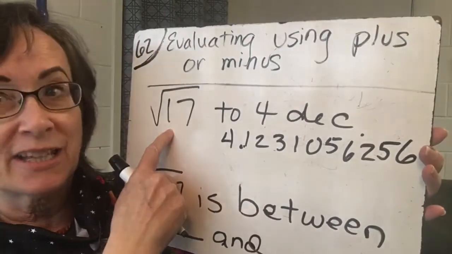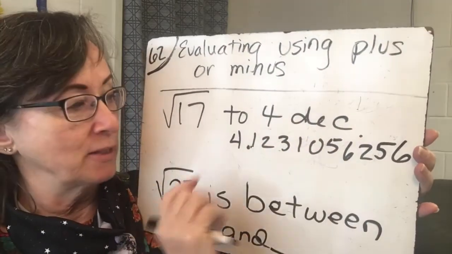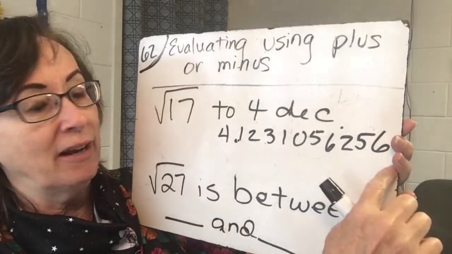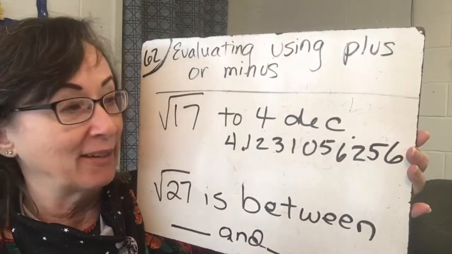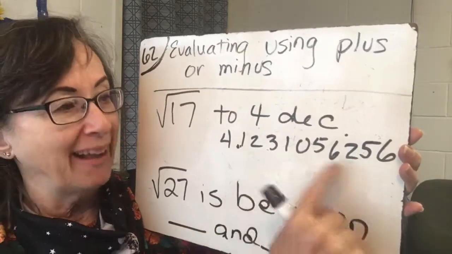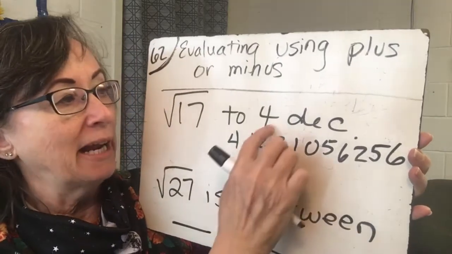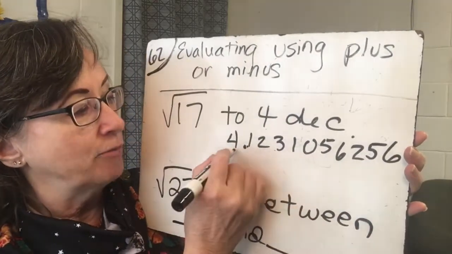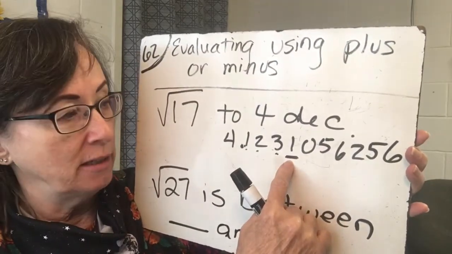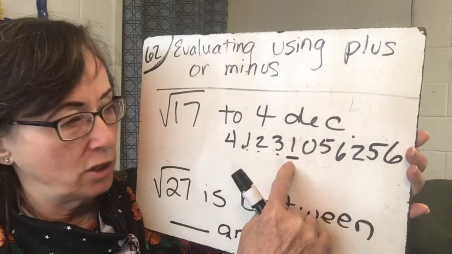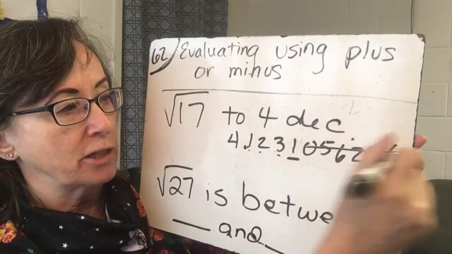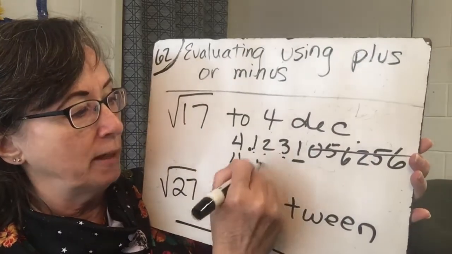Okay, so now we're on our practice problems. The first one is square root of 17 to 4 decimal places. Well, I went to my calculator and I typed in square root of 17, and I got all of those digits plus a little bit more because I have a calculator that takes it out a long way. But that's still an irrational number, and that continues to go on forever. But I only need 4 decimal places, so let's go. 1, 2, 3, 4. This is going to be my last digit in my approximation. I'm going to round it down because the next digit is a 0. So those are just going to get knocked off, and I'll get 4.123